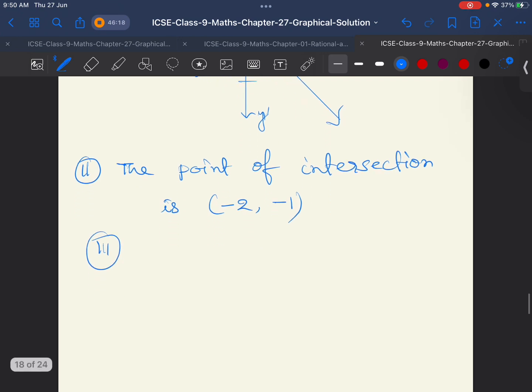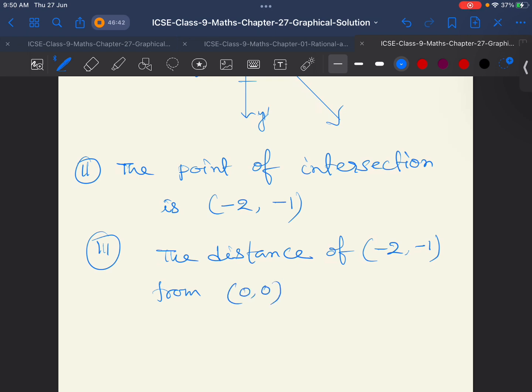The third question is to measure and record the distance of the point of intersection from the origin in centimeters. Here the point of intersection is (-2, -1) and the origin is (0, 0). So the distance